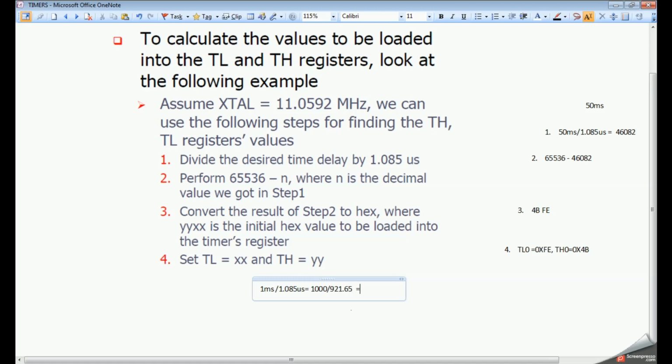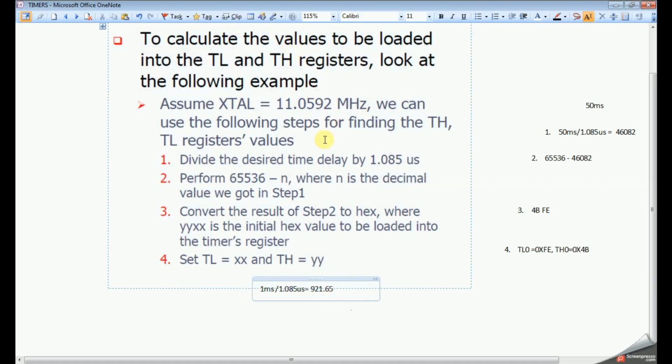If you just try this, I have already calculated, we'll get a value like 921.65.